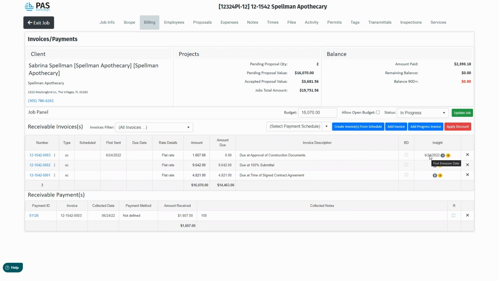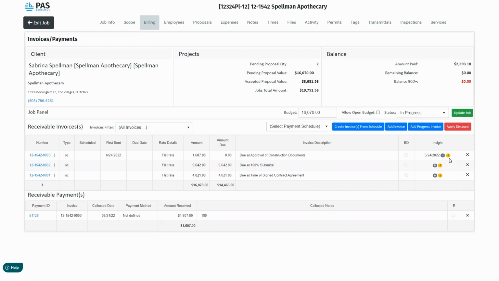Additionally, here in the insights area, you're able to see a couple of interesting little numbers. The first of which is a date. That is the date on which the invoice was sent to the client. Next to that, you can see the number of times this invoice has been sent. On occasion, you may send an invoice 3 or 4 times before payment is made. This lets you keep track of that. How many times has this client called to ask me to send them the invoice? Next to that, and my personal favorite, is the number of times the client has seen that invoice.